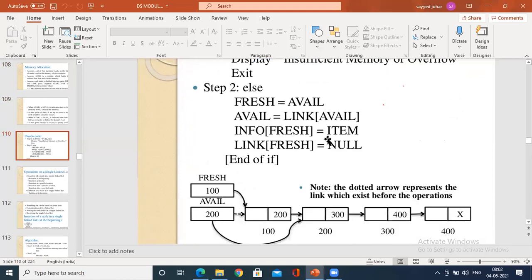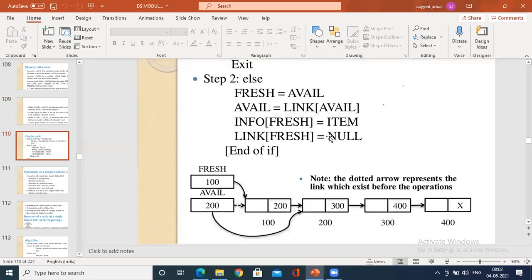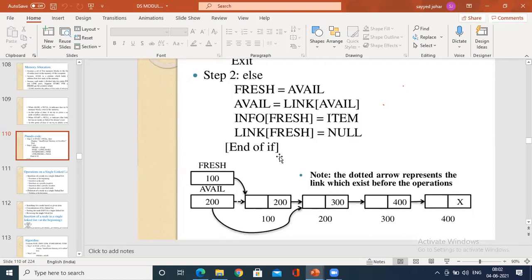So I request you to give the attendance in the chat session, those who have not given. I'll go with some animation videos so that you'll understand in the next class how you insert. The logical part is too important to write the algorithm on your own, because an algorithm cannot be learned by heart. You have to write it on your own logic. How do you insert a node in between or delete? That is very much important for examination, and that itself will have marks for you. You cannot bypass it. So let me go with some of the animation videos I have on linked lists so that you find it easy. Okay.